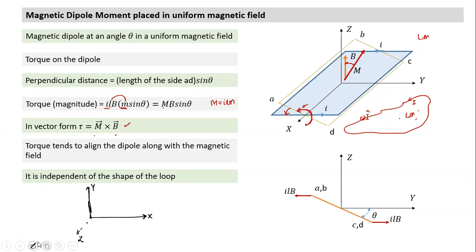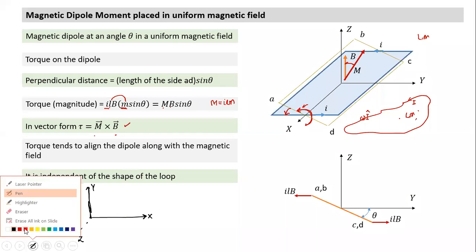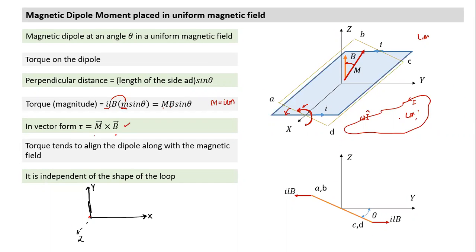Assume that, just to understand torque, we create a rod and pivot it at one point here, and the rod is placed like this. The rod is placed along the x-axis, pivoted at the origin, and the length of the rod is L. If I apply a force F here, F equal to F j cap, which plane will the rod rotate in?